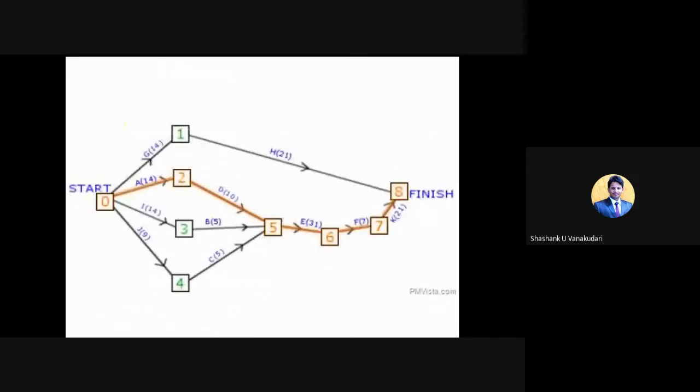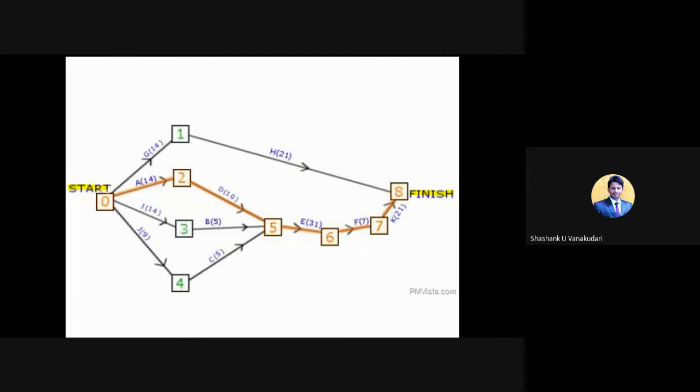Here you can see this is one example of a network diagram, and this network diagram should have a start and a finish. Within this start and finish, these activities can be shown. Here you can see this 0 and 1, together we can call it one activity.